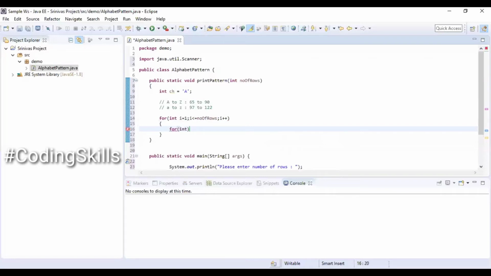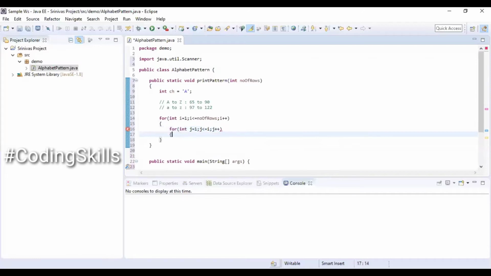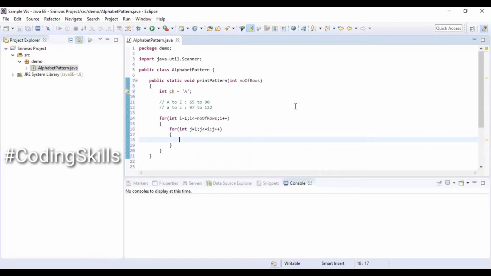Once again I'm using a for loop int j equal to 1, j less than or equal to i, j plus plus. Inside this for loop we are going to print the character ch.